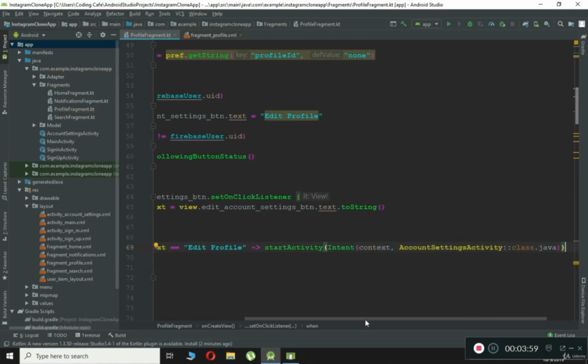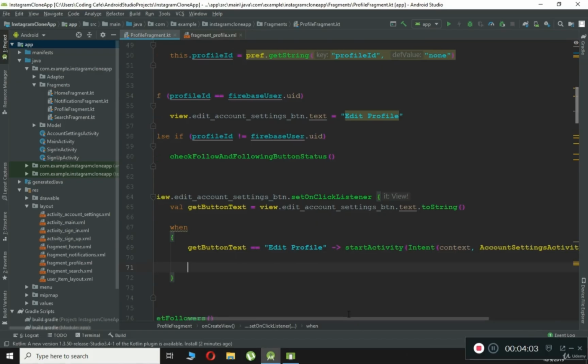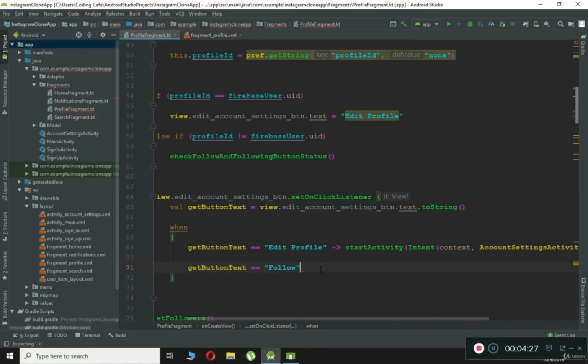Here you can see it. And now the next condition will be, if the getButtonText equals follow. If the button text is follow, it means that when a user clicks on this follow button, we have to allow the user to follow that user, the one the online user is searching for and who is displayed here on the profile. So yeah, if it is equal to follow, then